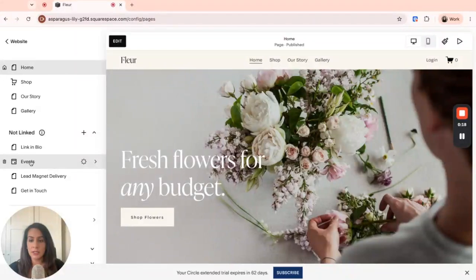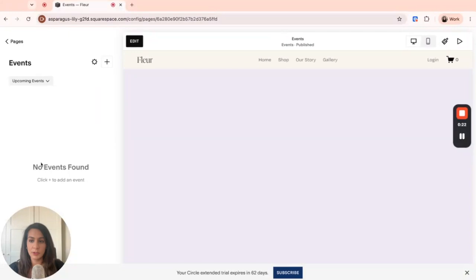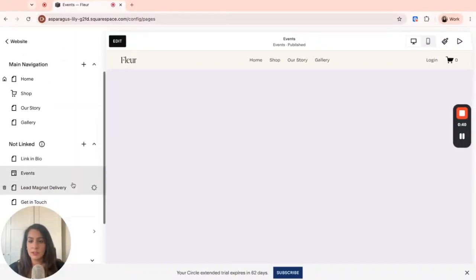Now, if we click on this events page that's currently not linked in our navigation menu, you can see that this is an empty page. There's currently no content on here. So I don't want this appearing in search results. I don't want anybody to accidentally stumble across this page until it is fully built out and I'm ready for it to go live. So if we just click back into pages,